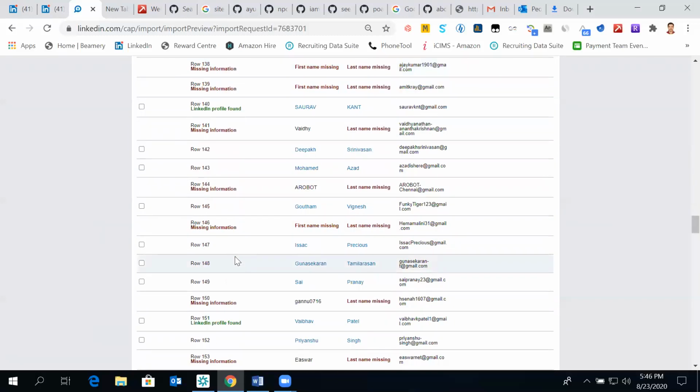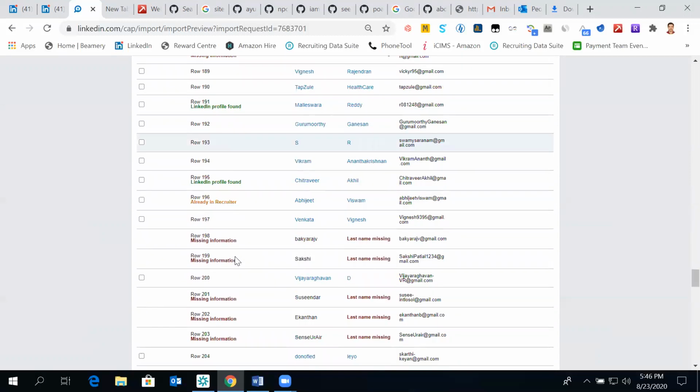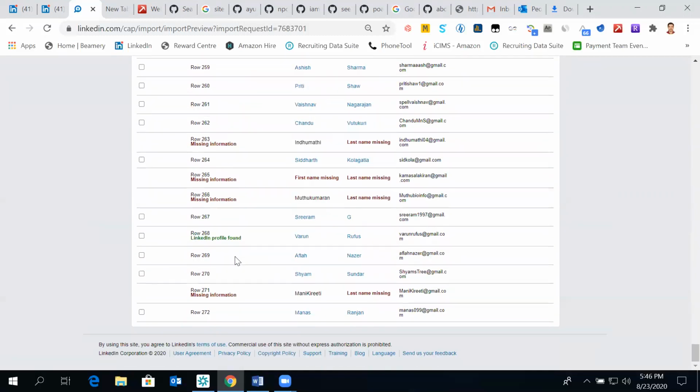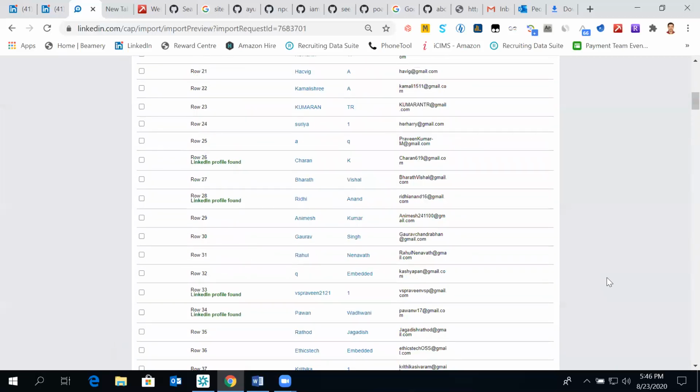So these are just the guesses. Out of the guesses also, at least 50% of the profiles already exist with LinkedIn. 50% do not exist with LinkedIn, but I would still say take a chance, as there are very few chances of email bounces. Only with a hyphen will there be a chance of email bounce. Otherwise, 80 to 90% of the data from GitHub will be reachable. That is what I experienced.